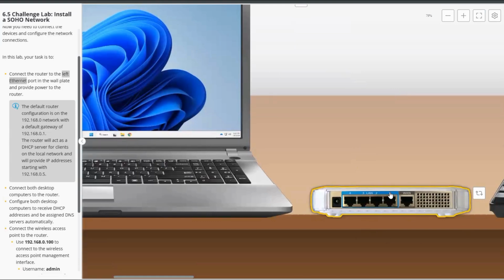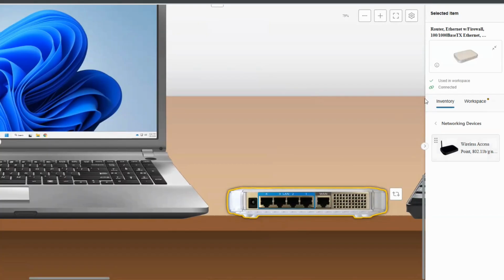As you see, the middle one is the LAN, which we are going to use to connect different computers to this switch, but this one is the one that we have to connect. When it connects to the wall, that is where we connect, and this is the power, that's where we connect. So in order to do that, we have to go back to the cables,